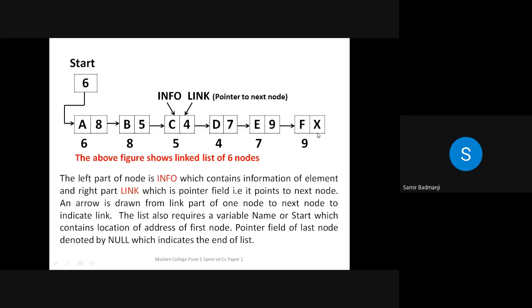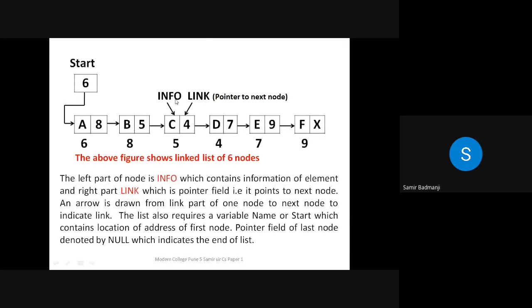When they have specifically asked for 6 nodes, then draw 6 diagrams of nodes and how they are connected. Now see, there is a start, that means the starting address from which it is going to start. And each of the nodes is connected by using an arrow. Even if you don't show the arrow, the chances are that you may lose some marks. Like I told you, nodes are divided into 2 parts. The first part is the data, and the next part is the link, or the address of the next node.